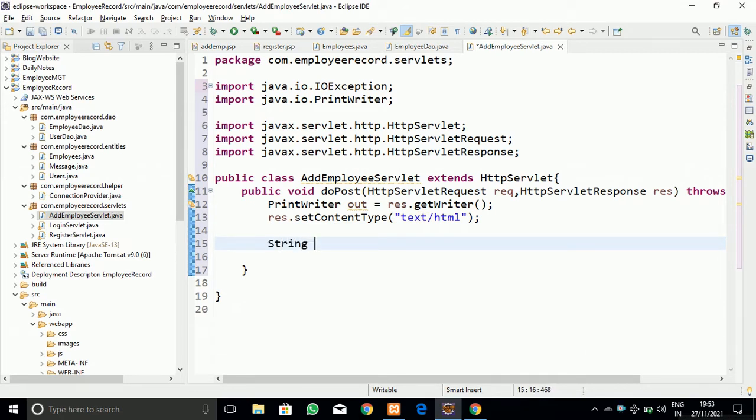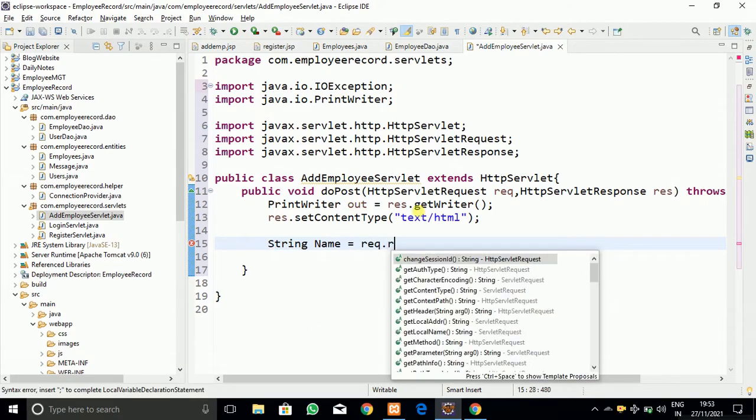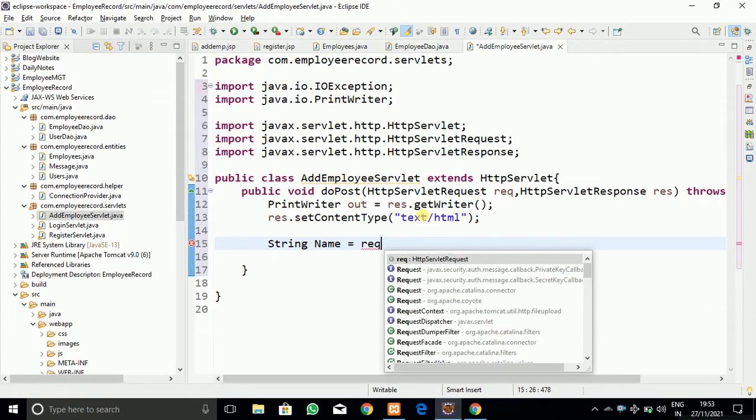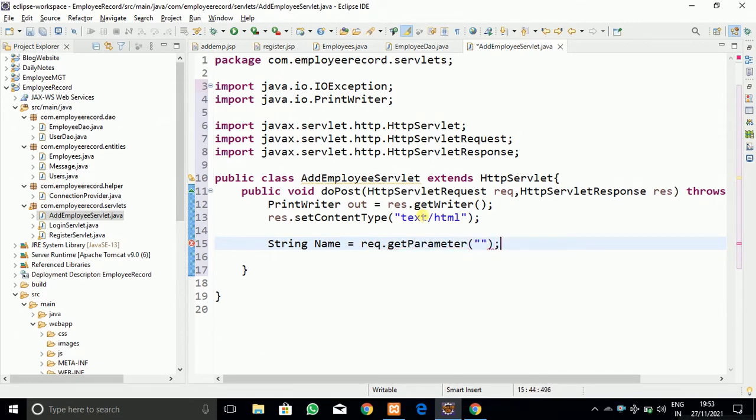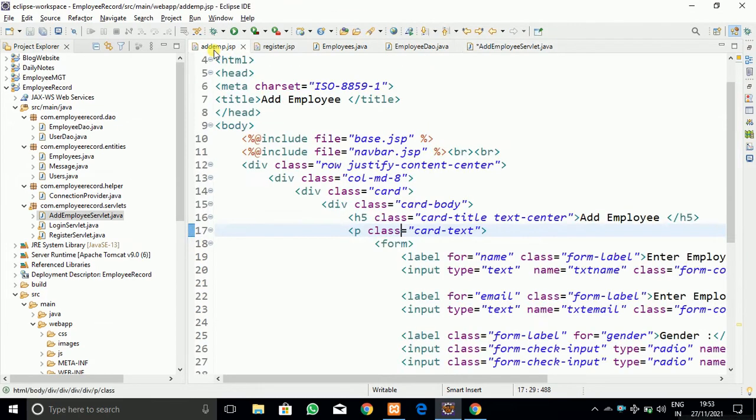Here I am going to accept all the data from the HTML form, so I am going to create a variable named name, and by making use of the request.getParameter method I am going to get that name from the add employee.jsp.